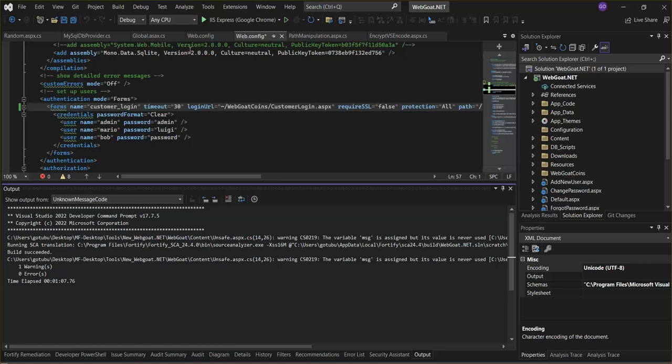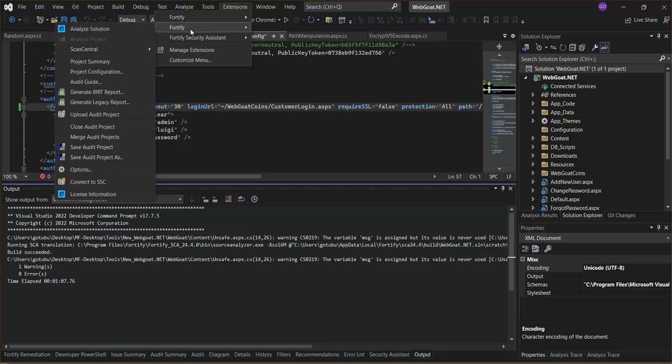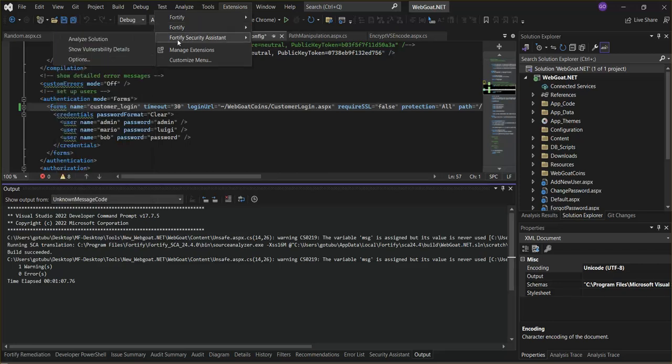Now, with the Fortify plugins, we've made them available within the Visual Studio Marketplace. So once the desired plugin is installed, you will be able to leverage them under the Extensions tab within Visual Studio. Now, with my example here, I have three different Fortify plugins. The first is for our SaaS-based solution, Fortify on Demand. The second would be for our on-premise deployment, which I plan to go over today. And the last is our Fortify Security Assistant tool, which is a complementary plugin that provides real-time feedback as developers